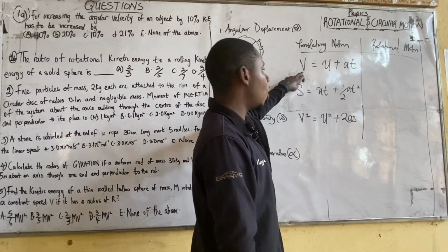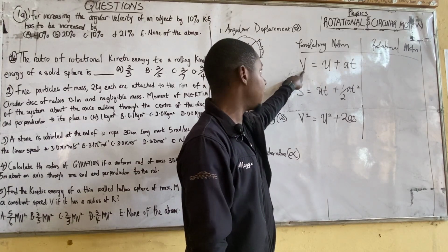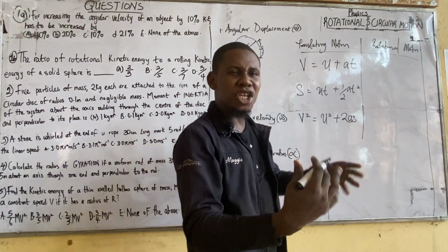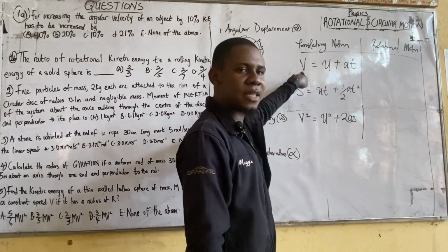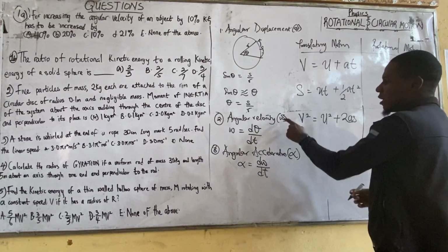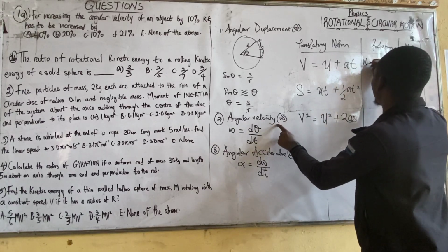Now, this is what we call what? Linear speed or tangential speed. In this case, it is the final what? Linear speed. While this is the initial speed. In a rotational motion, the final tangential speed is represented with the letter what? Omega, which is called angular velocity. So here we have omega f to be